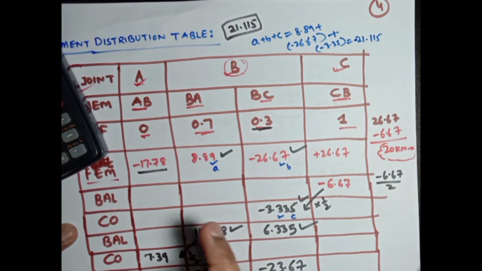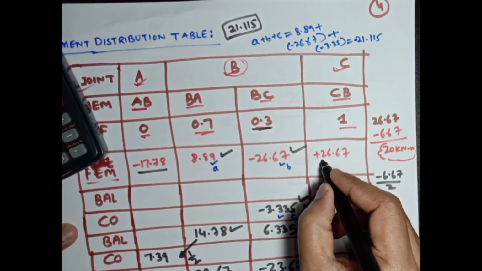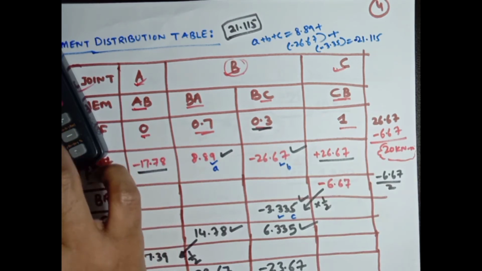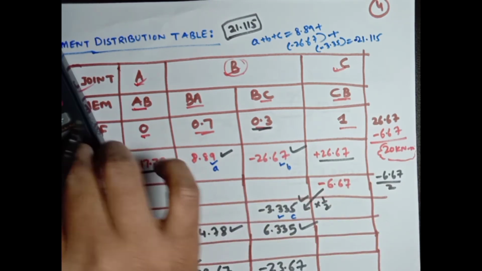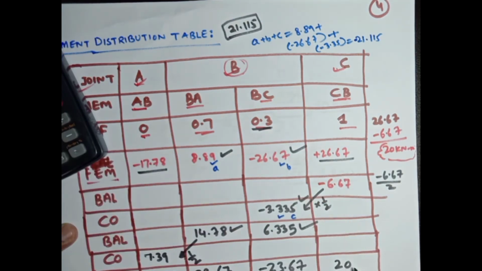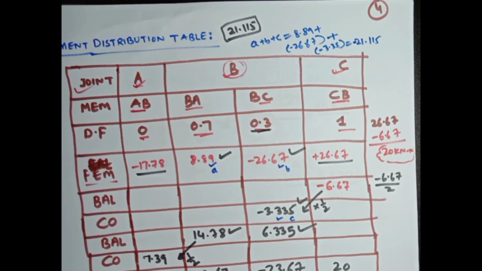So it's a check, left hand moment and right hand moment should have equal value, and we're going to add 26.67 minus 6.67. This is the 20. This is the initial moment or applied moment at joint A. You can say it's a concentrated moment which we have found by removing the overhang part.